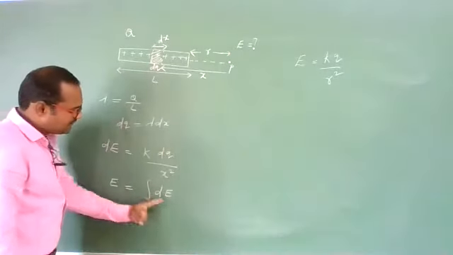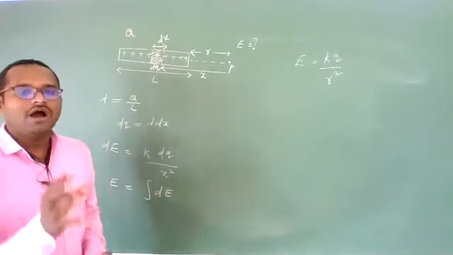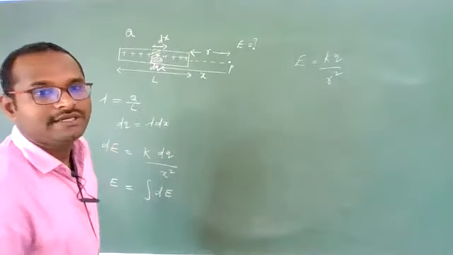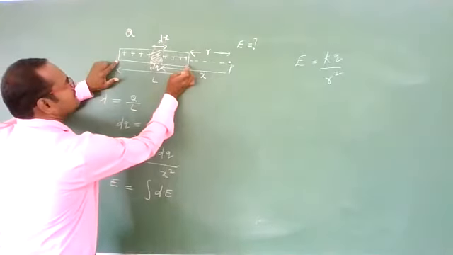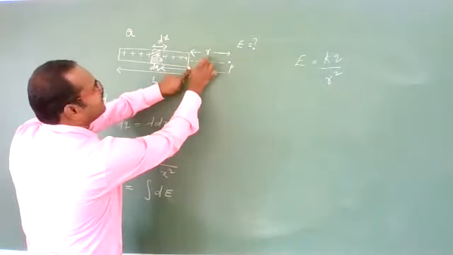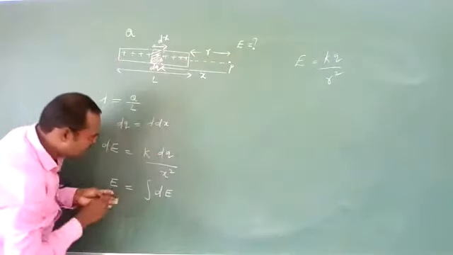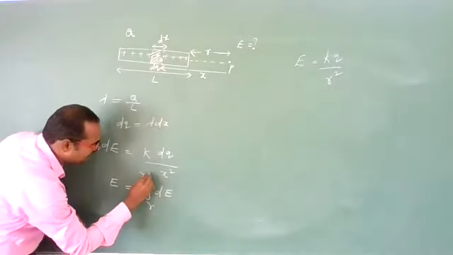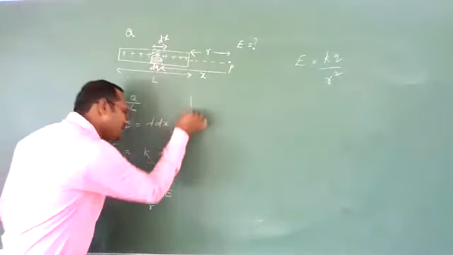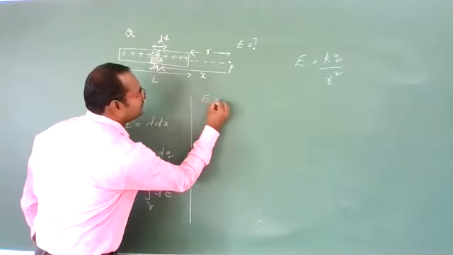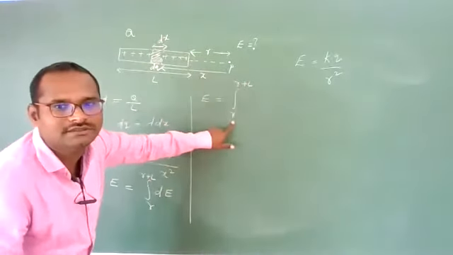So when you are doing this summation, when you are taking this integration, how many strips do we need to take? Integration means summation of strips from here to here. This distance from here is r. This distance is r plus L. So the initial point is r, the final point is r plus L. Over this limit we need to integrate. So the net electric field is equal to the integration from r to r plus L.